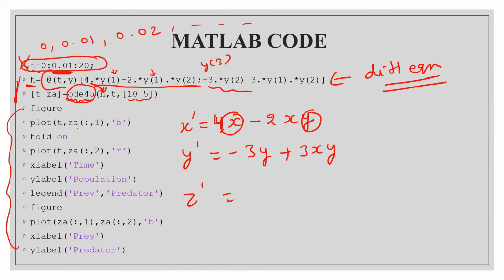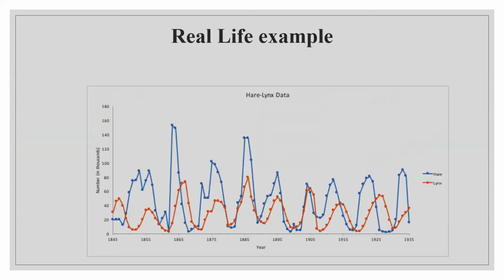This is just plotting: t against the first species, t against the second species, right? And this is plotting both the species. You will do this in your lab class also, so don't worry. Just have an idea of how you can use inbuilt MATLAB functions for solving your differential equations. You will do all these experiments in your lab, where you will clarify everything, what hold on means, what legend means. You will see everything in your lab class. Now if there is any problem you can ask.